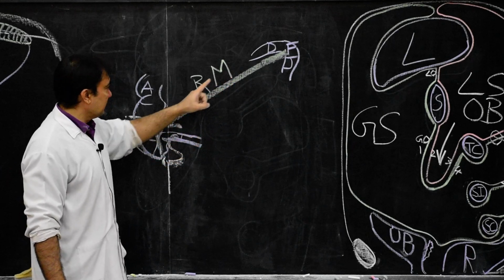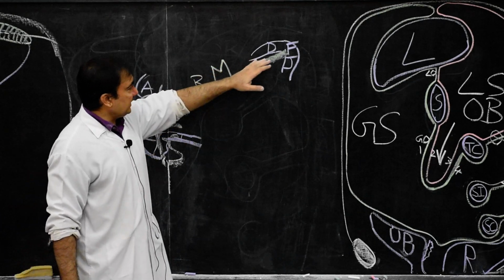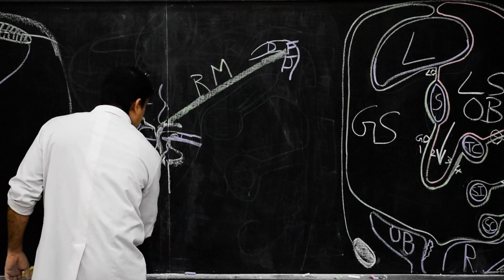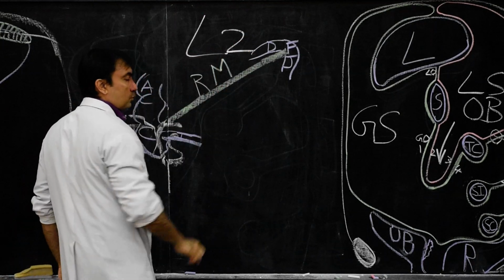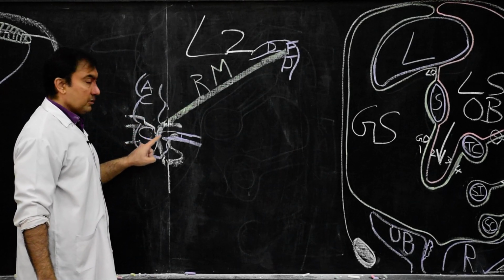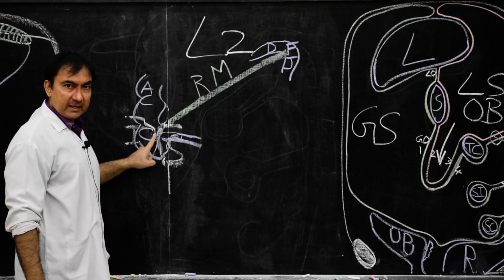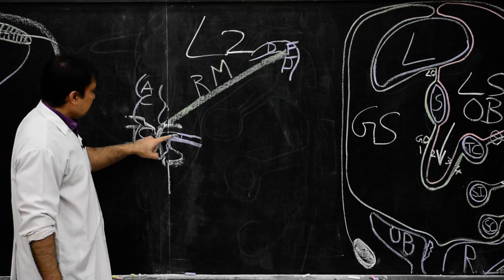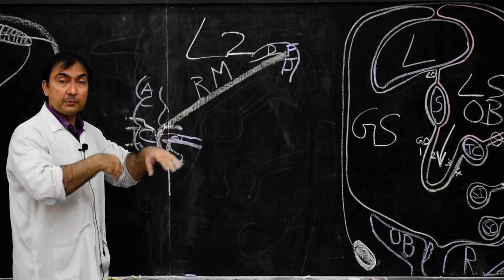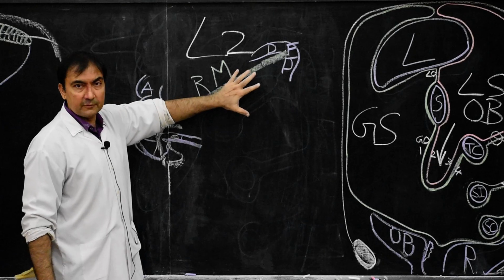These are the points which you need to remember if it is asked in MCQs or 1 mark question answer. What is the level of attachment of the root of the mesentery? On the left hand side, it will be at the duodenojejunal flexure. At what vertebral level? It will be roughly at the level of L2. On the right hand side, it will be at the level of the right sacroiliac joint, the bony landmark. But it will be attached where exactly? At the ileocecal junction. This is how the root of mesentery will be there in the posterior abdominal wall. In dissection also, when you locate the root of mesentery, this is how it is formed.